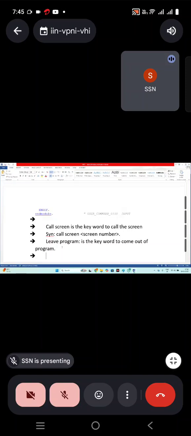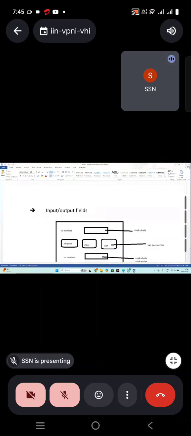In the GUI status, I added a back button. For that, how to add the action, we saw that already. Now we are going to see how to create input output fields, check boxes, push buttons and all. So this is my requirement now.